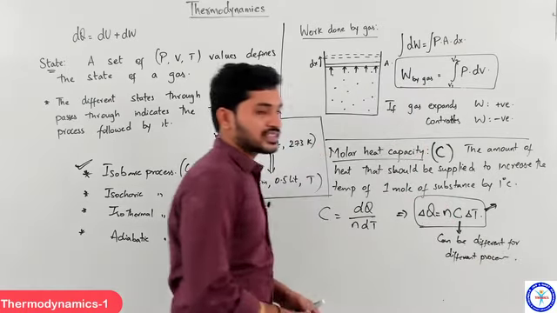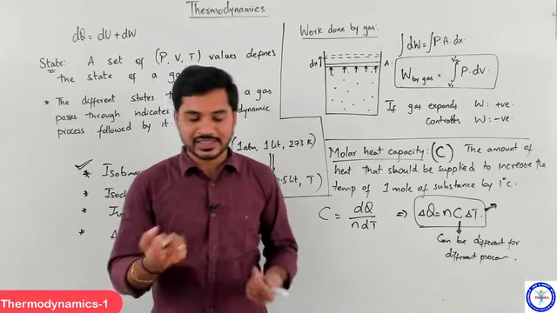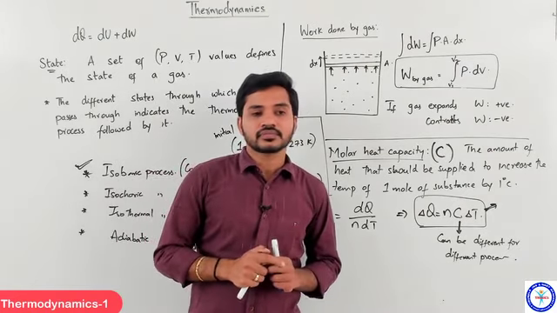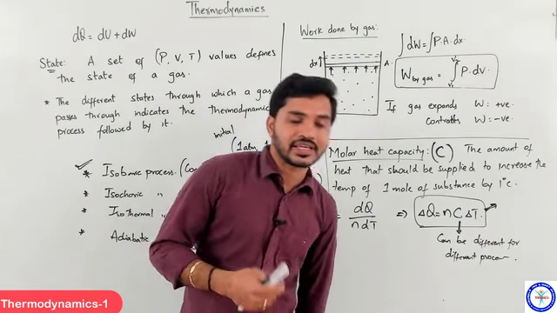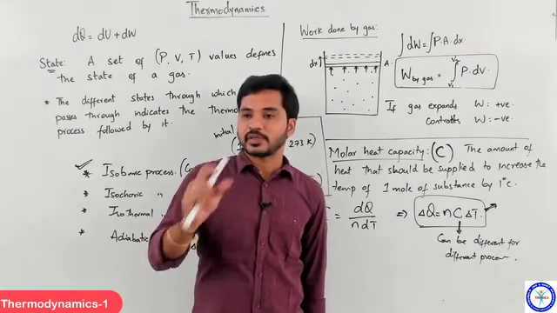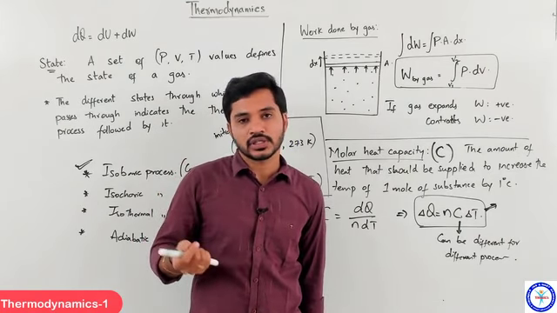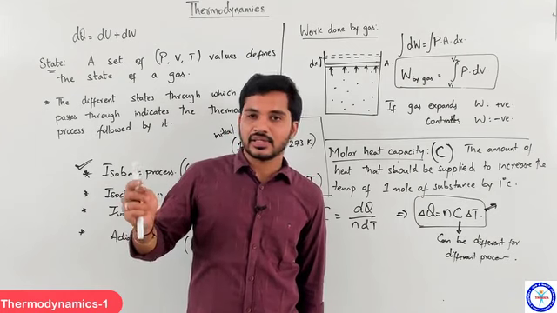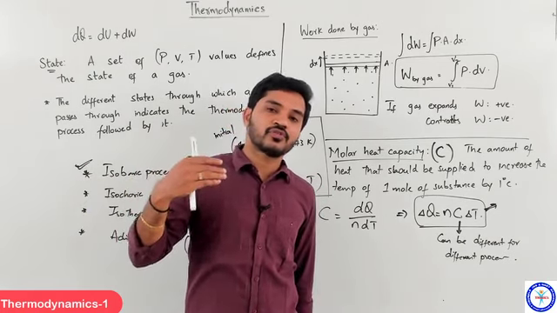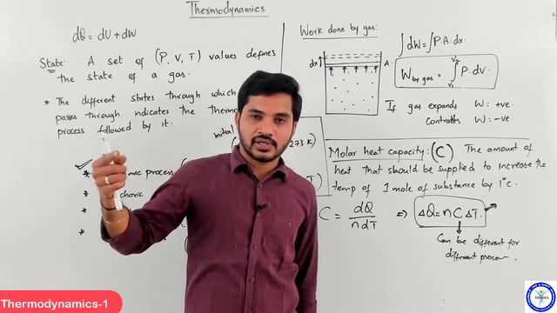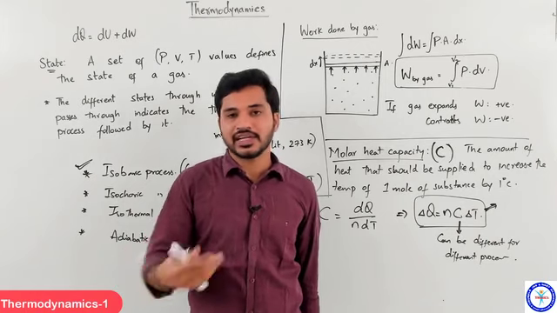So what that means is, see, this kind of behavior happens only in the case of gases, because for a solid there is nothing like a process, right? What I mean to say is, in the case of a solid, we always have a specific value for specific heat capacity. For example, water has 1 calorie per gram per degree Celsius. So if I have to increase the temperature of water by 1 degree Celsius, I have to give 1 calorie of heat for 1 gram of water, right? That is what it means.